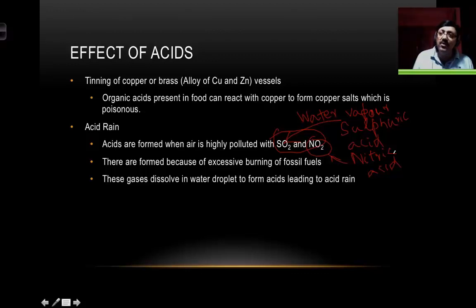Now, what is the problem with acid rain? One of the key and most critical problems of acid rain is how it can affect agriculture, right? Because when this acid rain falls into the soil, what happens? The water starts going down the soil, and then the soil starts becoming acidic because all this acid is falling into the soil. Now the problem is, the crops that you grow, like wheat, paddy, soybean, sugar cane, all these crops require a certain level of acidity of the soil. That means the pH value of the soil should be in a specific range. If it becomes too acidic, all the crops will start dying,